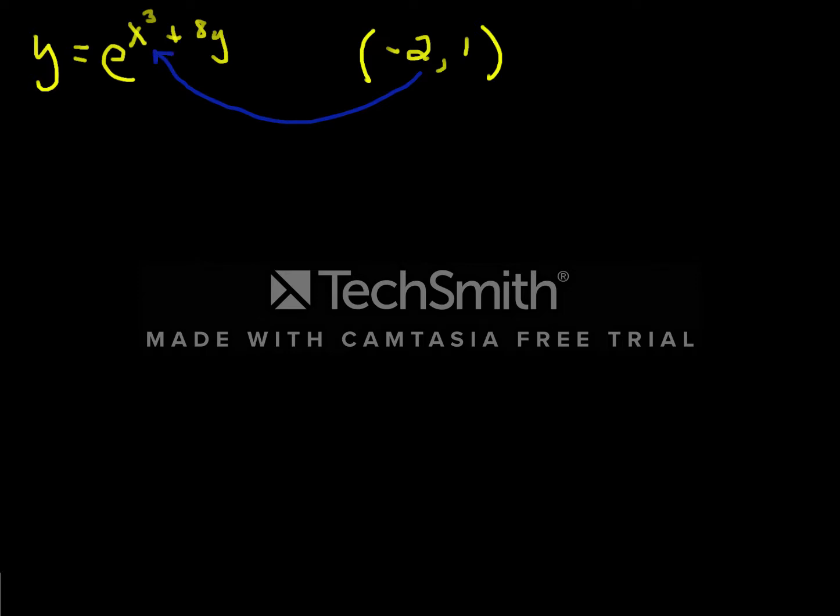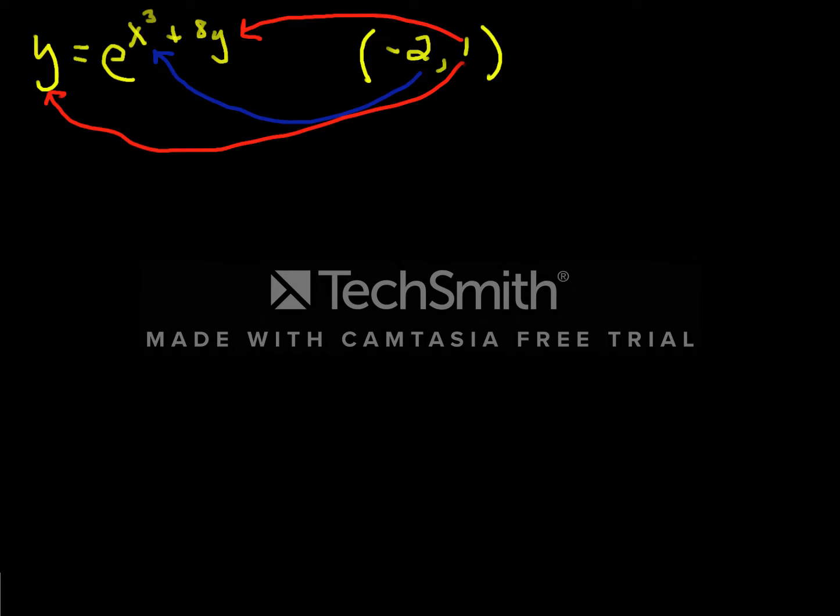And if I put the 1 in for y, both here and here, the relationship would hold true. Because, again, work it out. This would be -2 cubed gives me -8, plus 8 gives me 0, and e to the 0 is 1. On the left-hand side, we'd have 1. So it truly is equal, which means that -2, 1 is a point on our curve,